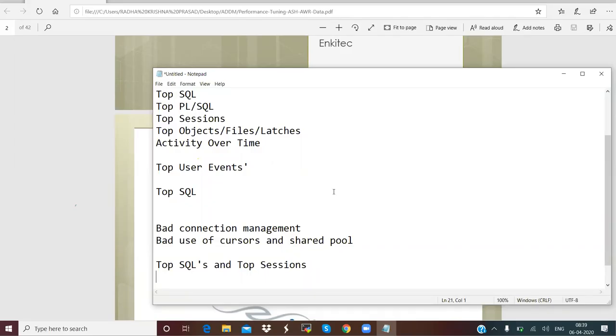Last time someone asked me, where can I see the soft parses? You have also seen the attribute called parses in the load profile, which includes both hard parses and soft parses. Soft parses basically don't create any problem 90% of the time. But when you talk about hard parses,